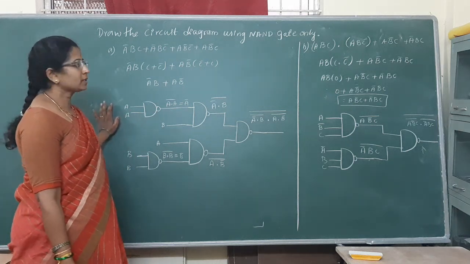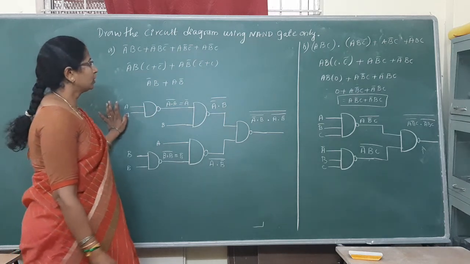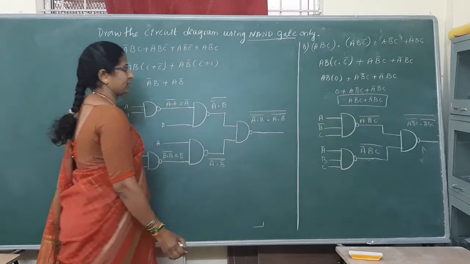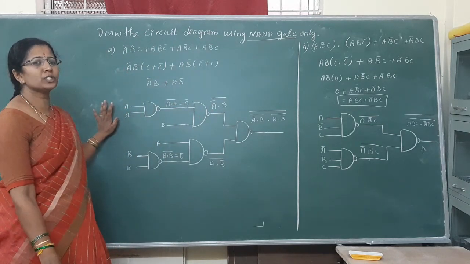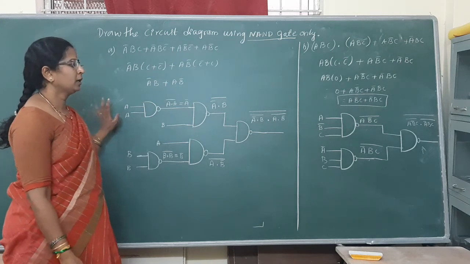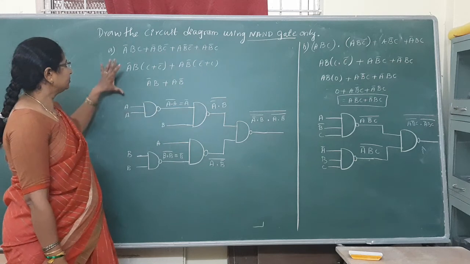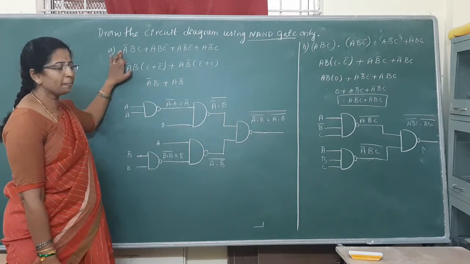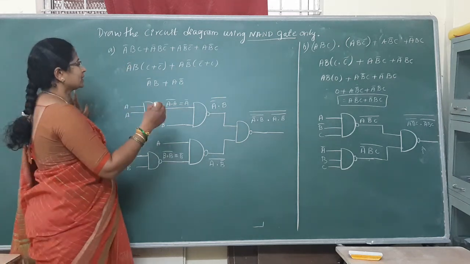Good morning students. This is just to write the circuit diagram for the given Boolean expression using only NAND gate. This is also made possible for a 2 marks question, but till now it was not there in any of the papers. This we have done in simplification. That means they will give one Boolean expression that you need to simplify. This has already been explained, once again I am explaining.